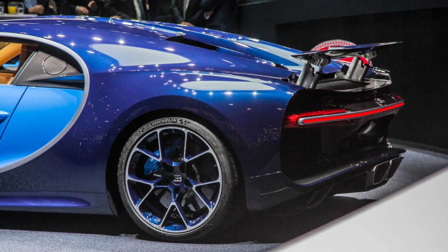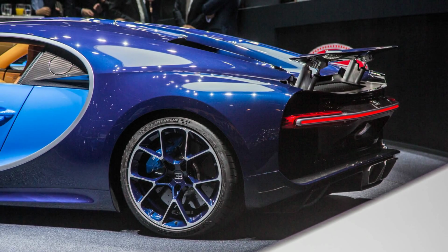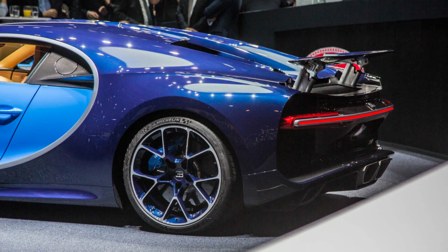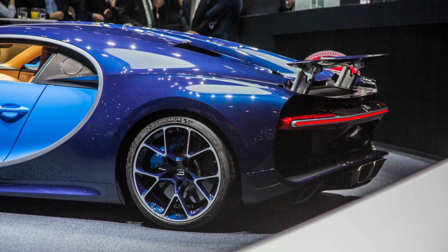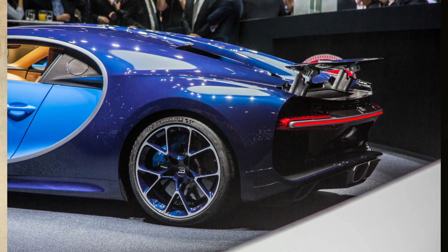Because the rear air brake alone won't quickly shave big speed, the Chiron uses carbon ceramic brake rotors that are all 0.8 inch larger in diameter and 0.1 inch thicker. The front rotors are 16.5 inches across and the rears are 15.7. The front brake calipers employ 8 pistons, while the rears have